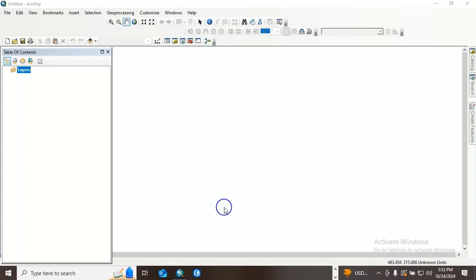Today I'm going to show you how to delineate watershed and subwatershed in your area of interest. Okay, so open your ArcMap and then